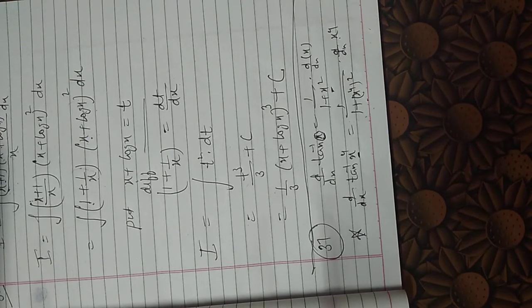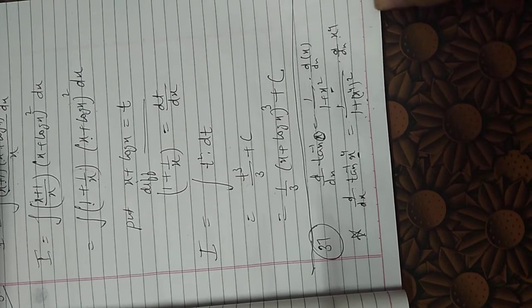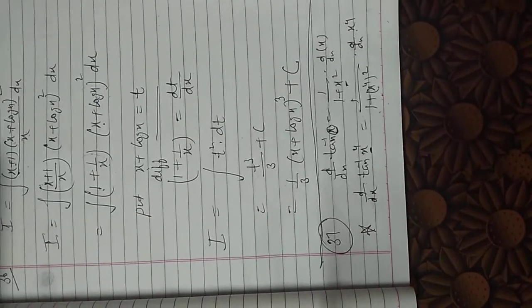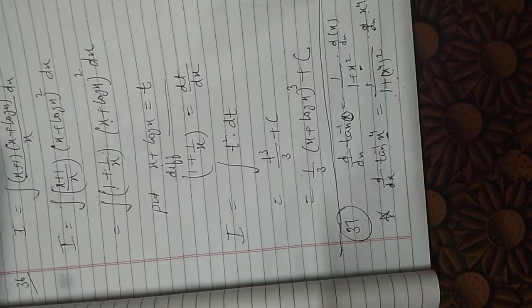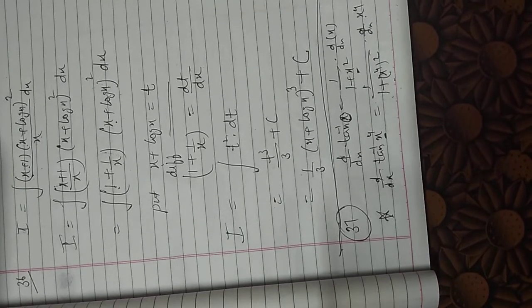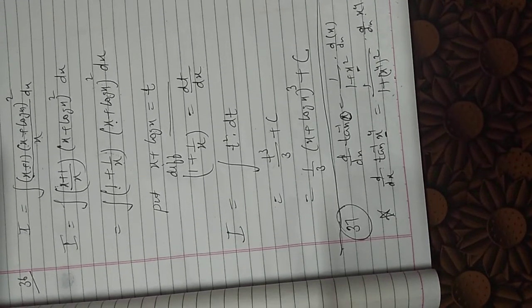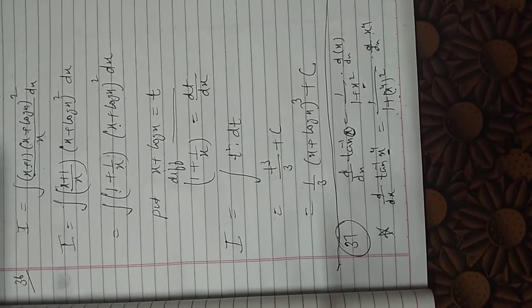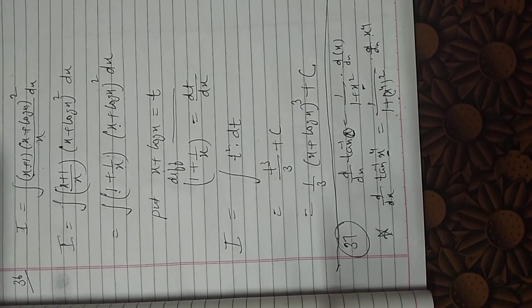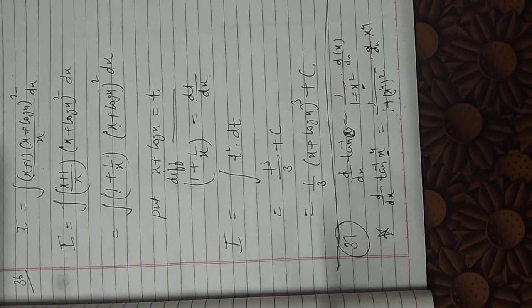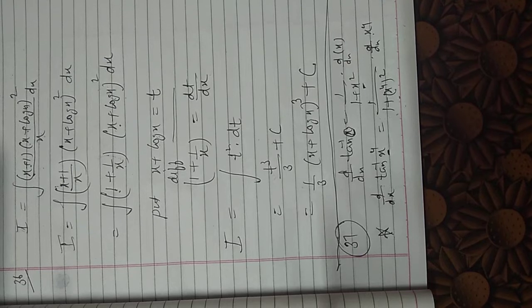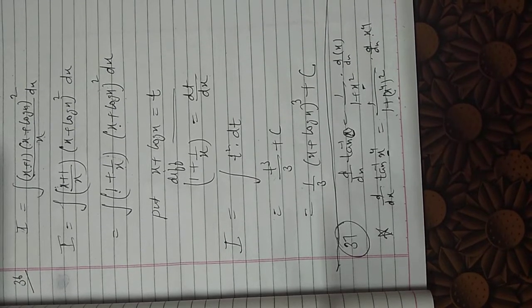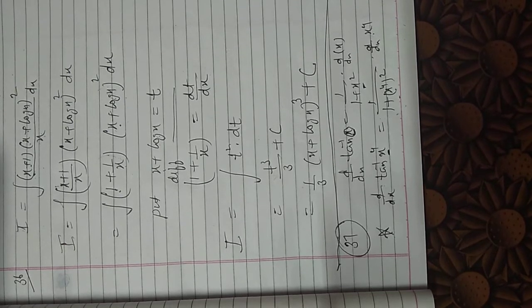Sum number 38 and 39 are MCQs. If you integrate by making the correct substitution of the function, you are getting your answer, right? So this is how you people will do the sums, and with this you will be able to complete your exercise 7.2. In the next class we will discuss the next method, and the next method is now we will be using the correct trigo identities to integrate.